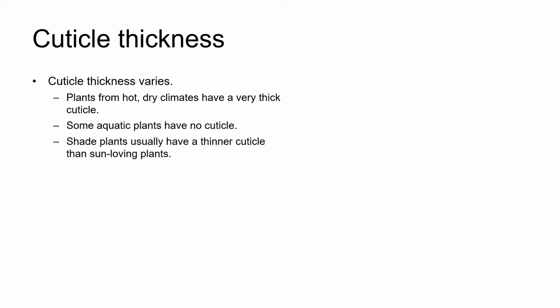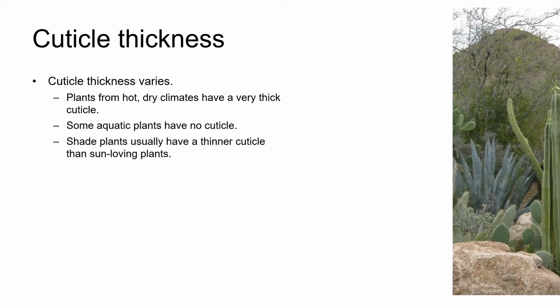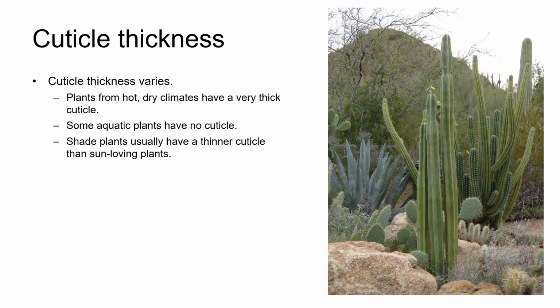The thickness of the cuticle varies between species. Plants native to hot, dry climates have a very thick cuticle, which provides a lot of protection from desiccation and harmful ultraviolet rays. Examples of plants with a thick cuticle include plants that you can see in the picture on the right, such as these agaves, prickly pears, and other cacti